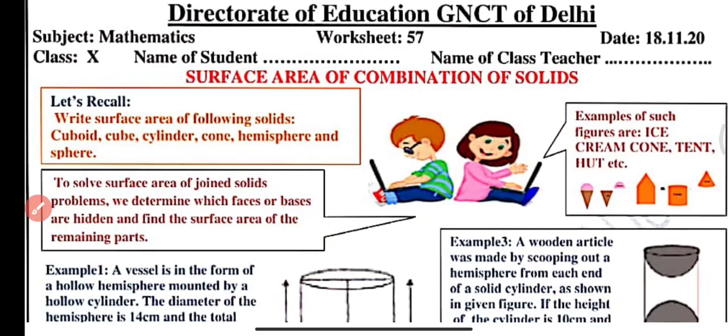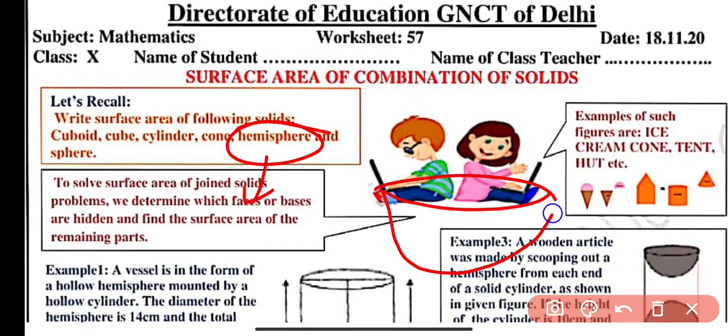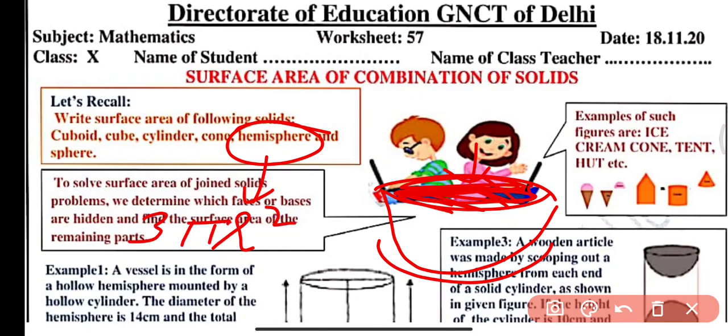So now the hemisphere. So surface area of hemisphere means total surface area of hemisphere, and we all know that top of the hemisphere is open, and we will count this area in the total surface area. So curved surface area, that is 2 pi r square, plus top area, that is pi r square. So surface area of hemisphere will be 3 pi r square. Surface area of hemisphere will be 3 pi r square square unit.